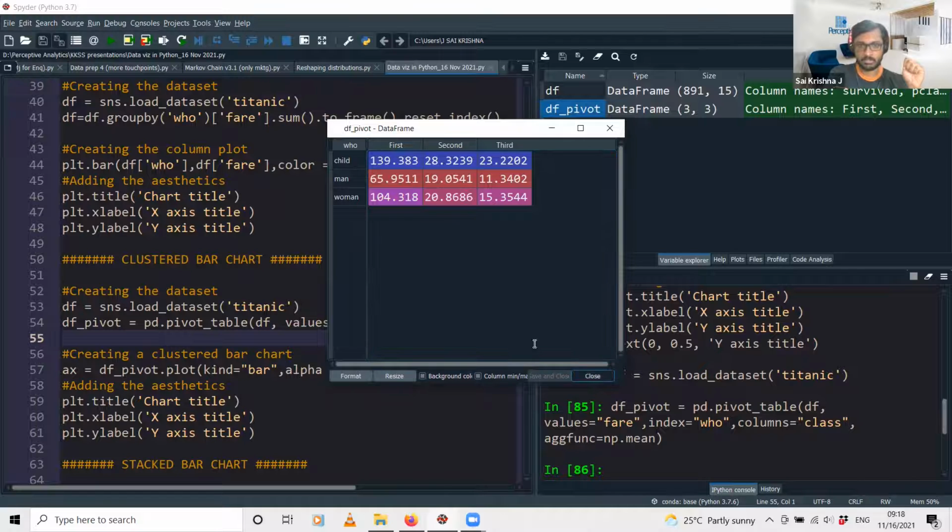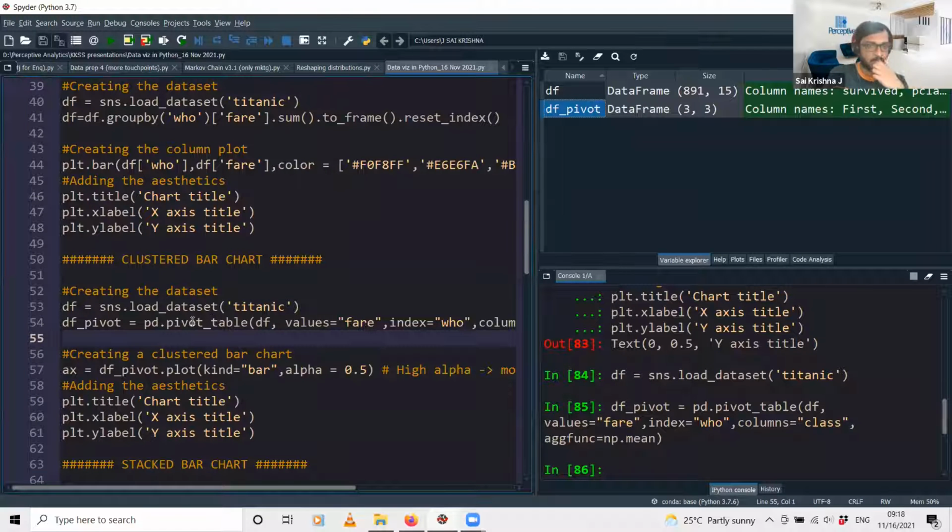For that we are again using an aggregation function over here called pivot_table. Here we have used the groupby aggregation function; here we are using the pivot_table aggregation function. df is the name of the data set. This is the value that we need to aggregate, the fare value.